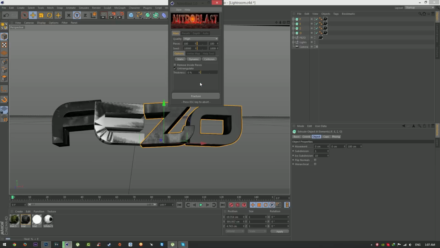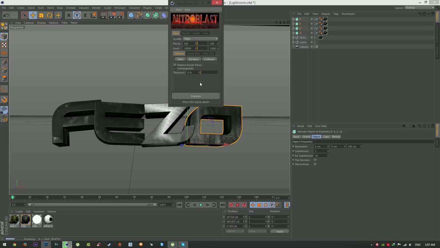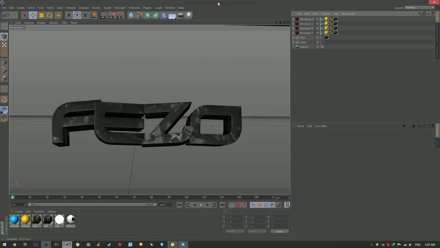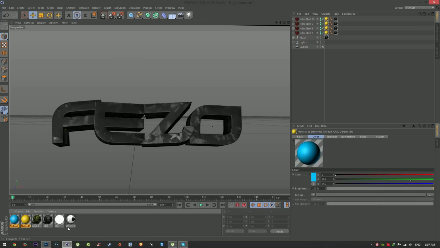If Nitroblast doesn't work on your Cinema 4D, just make sure your Cinema 4D is up to date. Don't use Cinema 4D R13 because Nitroblast doesn't work in this version. I'm using the R14 version of Cinema 4D, and Nitroblast works really good. Okay guys, breaking is complete, and close this Nitroblast and delete these two materials,